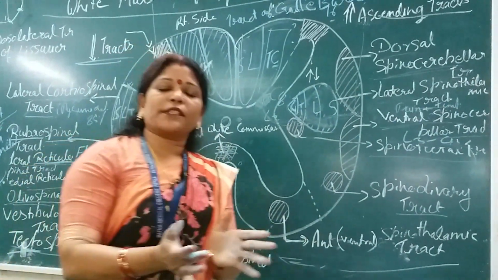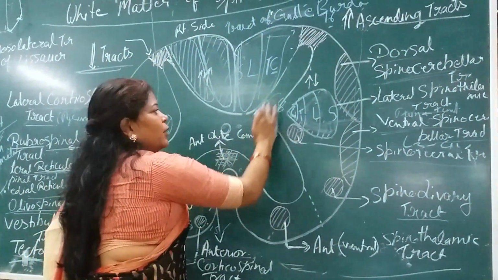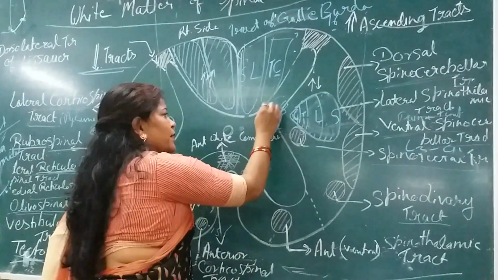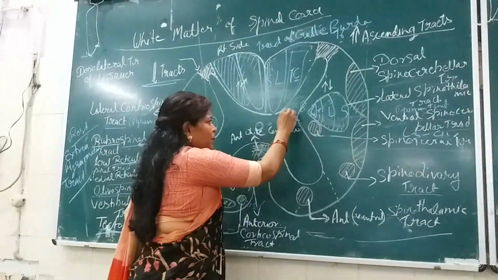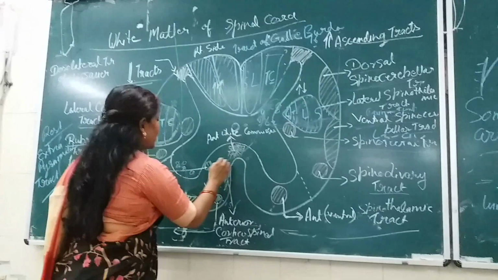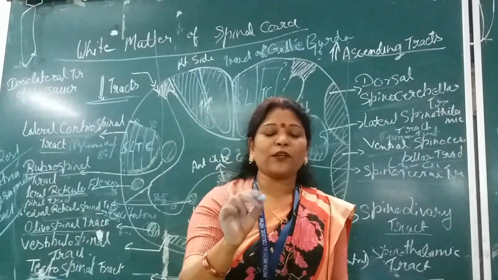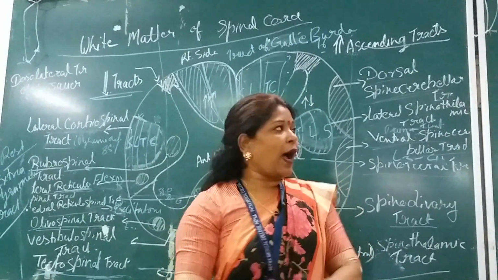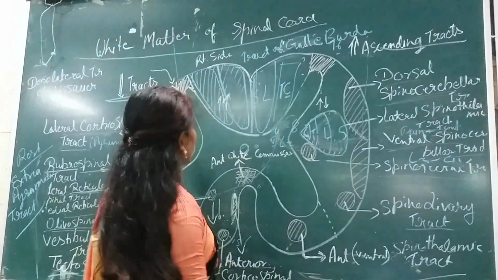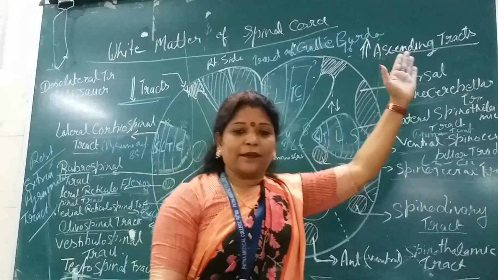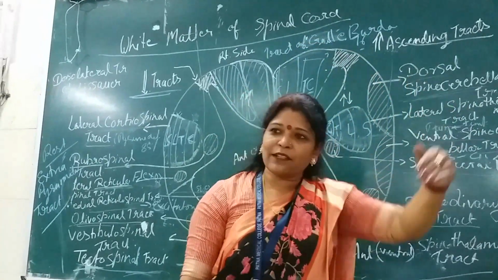Same type of unconscious proprioceptive impulses are carried, but the Clarke's column nucleus is not involved. It belongs to the 5th to 7th lamina neurons, and the axons which emerge from these neurons pass to the opposite side and then ascend upward. The beauty of this ventral spinocerebellar tract is that it is crossed fibers, and it will not ascend only to the medulla just like the dorsal spinocerebellar. It will ascend up to the midbrain, and then it will cross again to the same side from where it came,